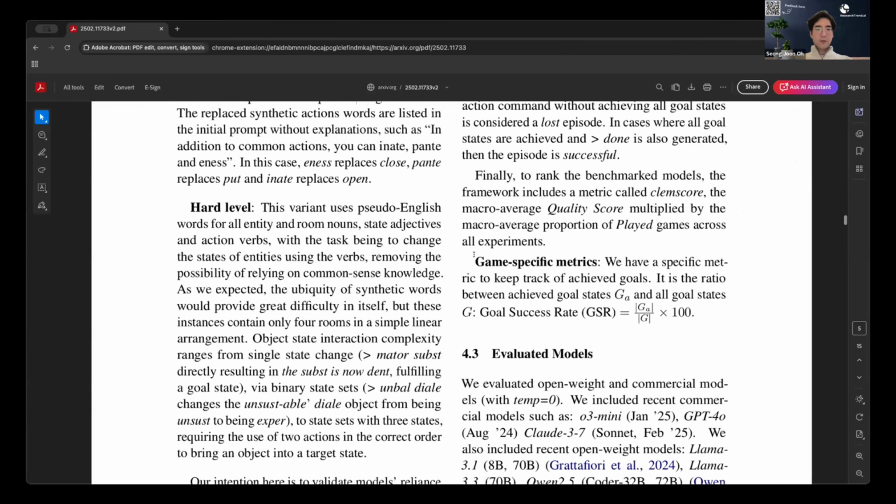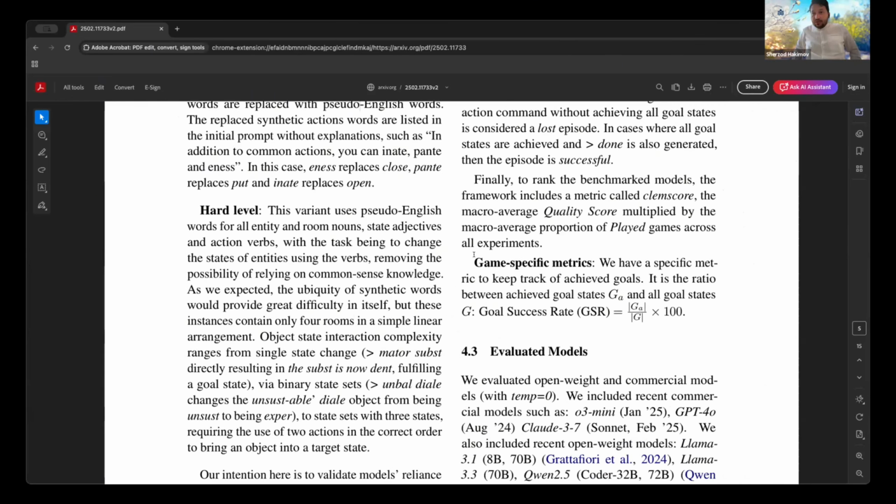So is that a real language? It's not a real language. It's just a pseudo-English language. So it mimics English grammar to some extent, like stemming and so on, but it's not the same. Obviously, there is no such word, but it kind of goes in the same way, for instance, stuff like this, motor subst, and the subst can be dent and so on. Yeah, so it's completely new words.